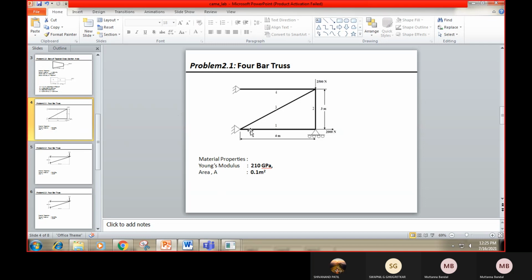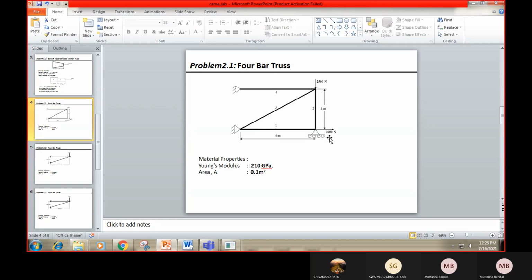The cross section area of each truss member is 0.1 meter square and the Young's modulus is 210 GPa, that is gigapascal, and he has given the length of the truss elements. And also there is another different condition, you can see it here,